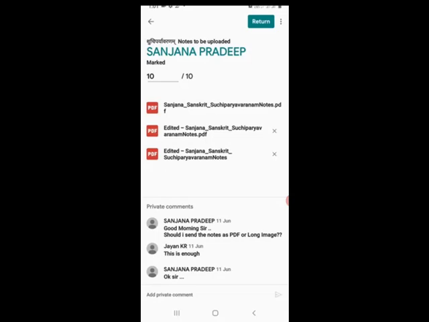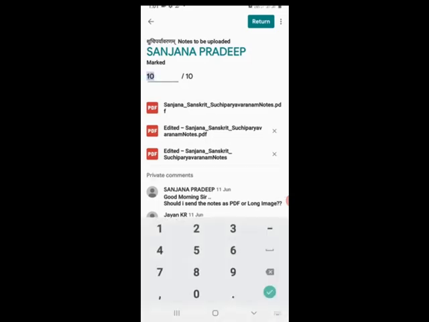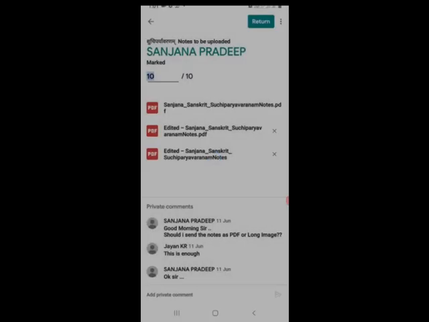After the second edited file comes here, you give the mark if you want to give. I am giving marks for the notebook also, that's why I am marking here and giving the mark here. And after that, don't forget to return, then only the children can see what corrections we did there. After giving the mark, you click the return button, then only they can see their correction. Now I am not returning because I have already sent. I am removing that one, and this is the method to correct.